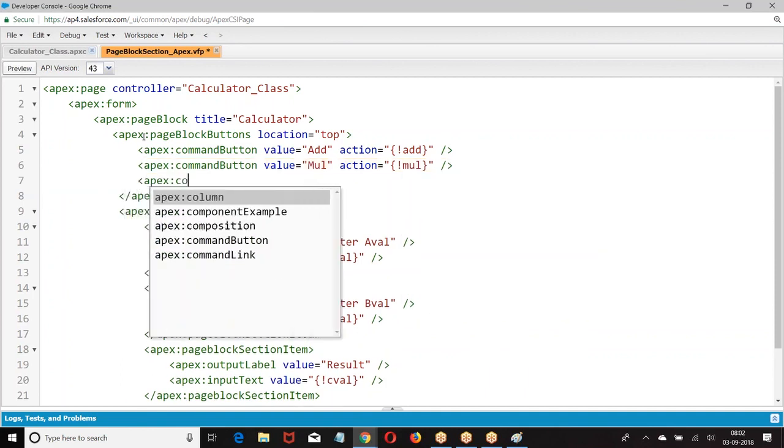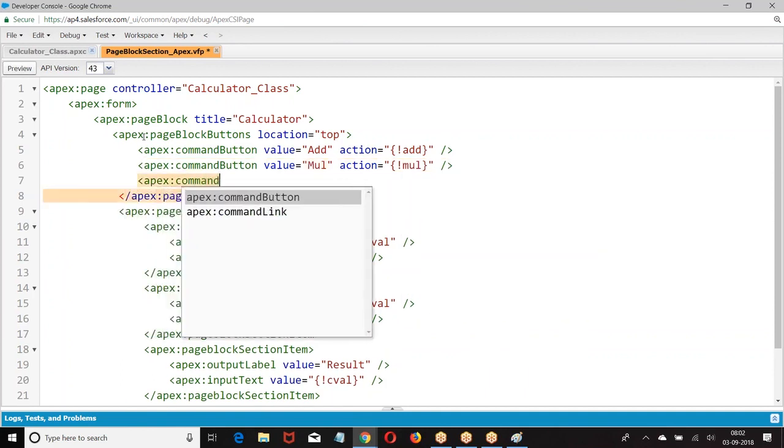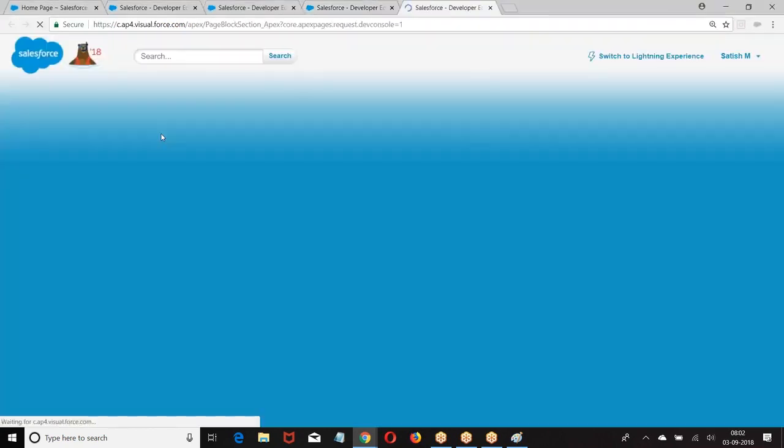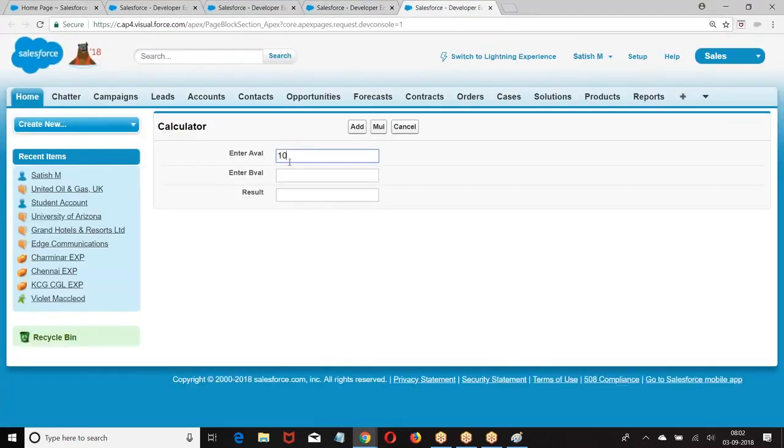Last one, command button, value add, action add. Click on the preview. This is what we have given. Now when I click on this, the entire page is refreshing.